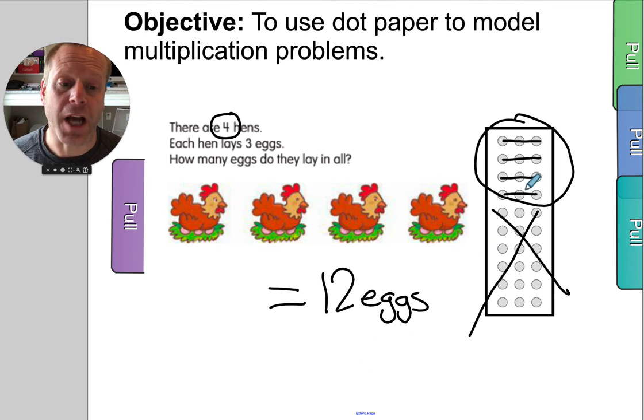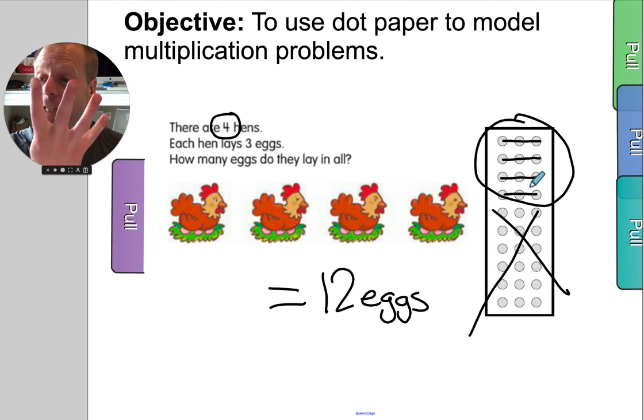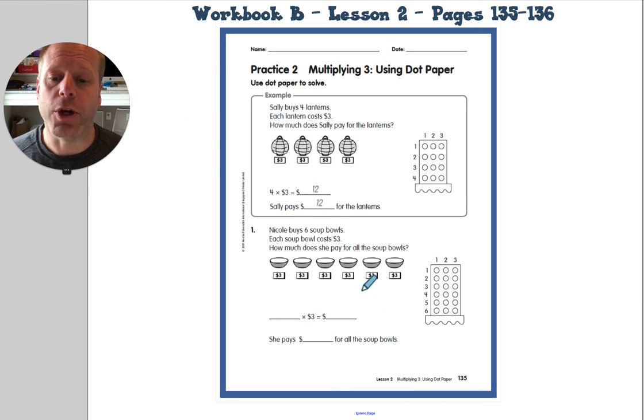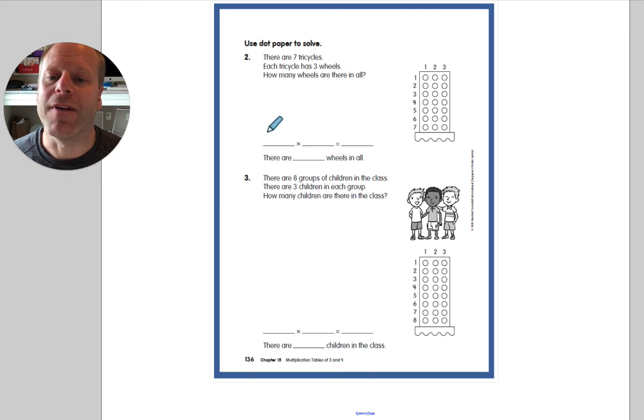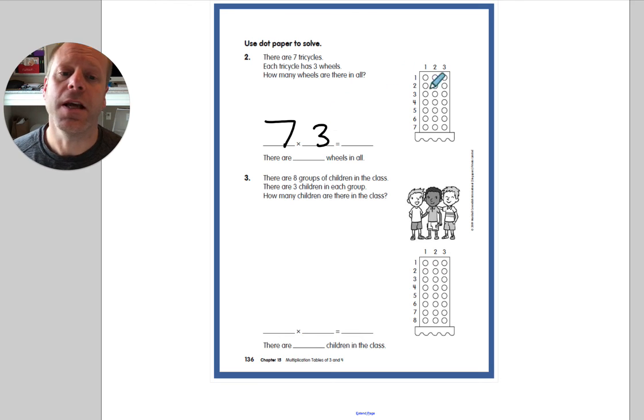You know, dot paper is one method. Skip counting is another method. They're both good. So today, you're going to do a story problem right here. 6 3's, and you're going to use the dot paper to count for your answer. Or skip count for your answer. Here we have 7 3's, and you're going to use the dot paper to figure out how many wheels are on these tricycles. Here you're going to have 8 3's, and you're going to figure out how many kids are